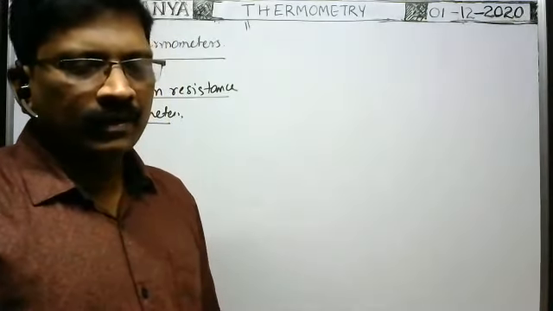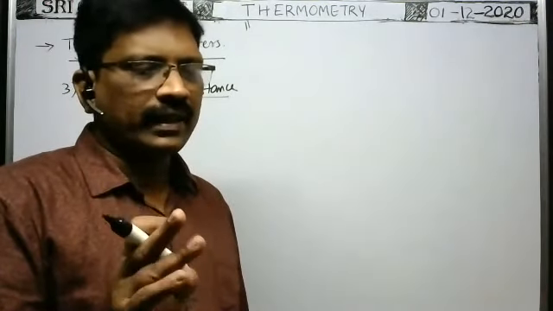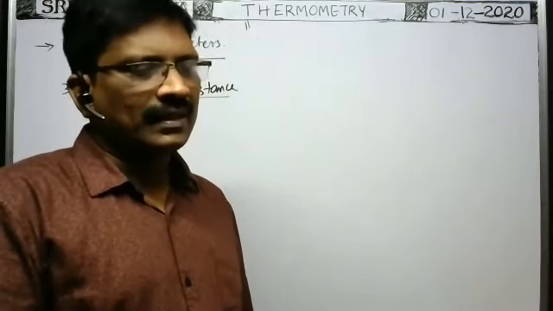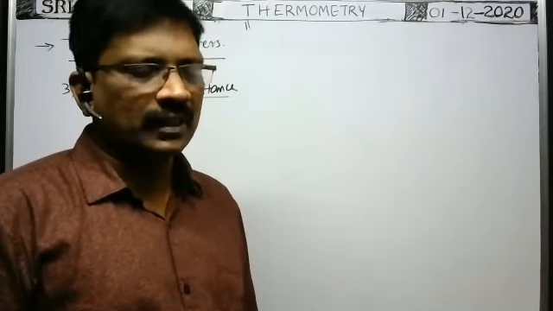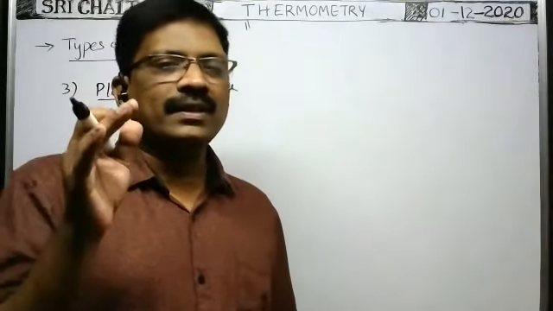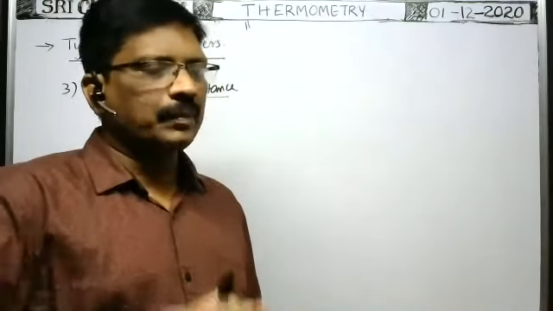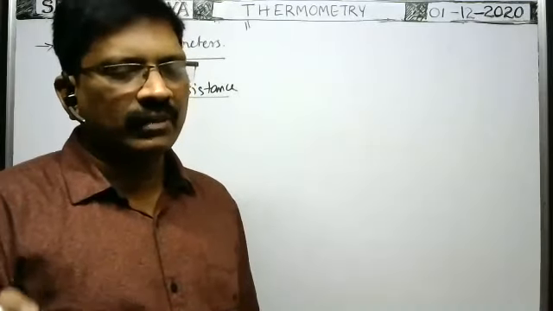A substance has three states, solid, liquid, gas. Suppose you take H2O as the substance. The liquid state is water, the solid state is ice, the gaseous state is steam or water vapor. The particular temperature and pressure at which the three states of matter are in thermal equilibrium is called the triple point of the given substance.